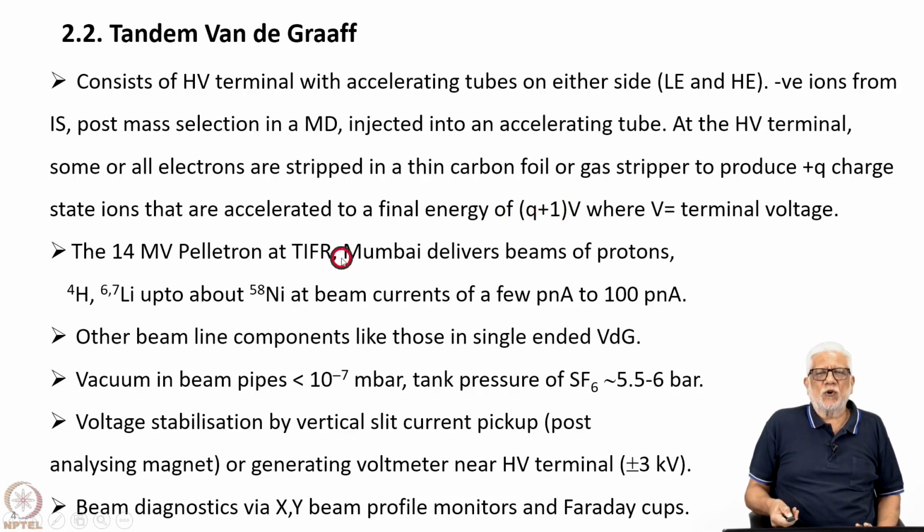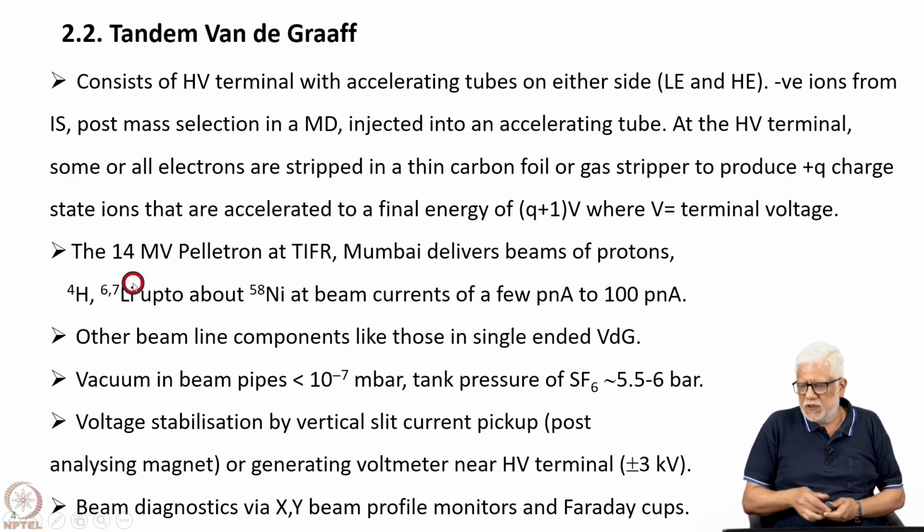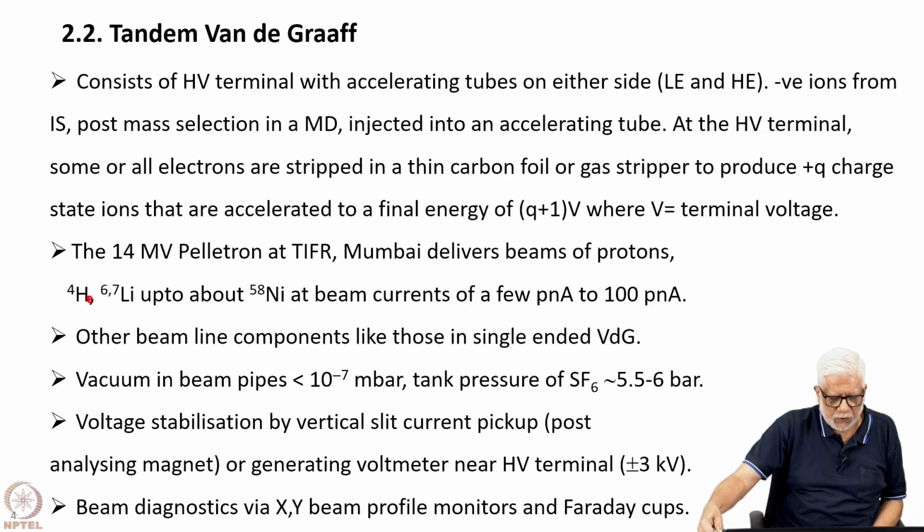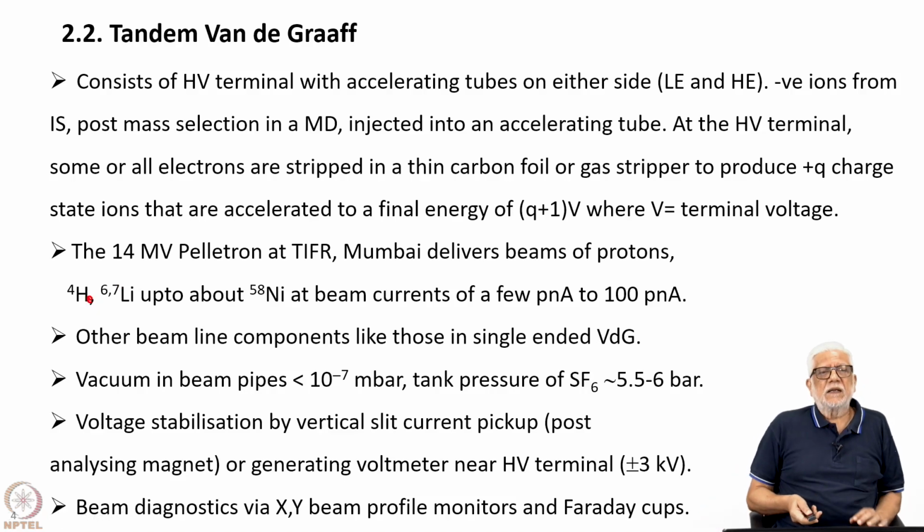The 14 MV pelletron, for instance, delivers beams of protons. This should actually be helium. It should be a helium alpha particle, or a helium 4 ion, and 6, 7 lithium, up to about 58 nickel at beam currents of a few particle to 100 particle nanoamperes. Other beamline components are similar. The steerers, quadrupoles, beam profile monitors, and Faraday cups are similar to those present in a single-ended Van